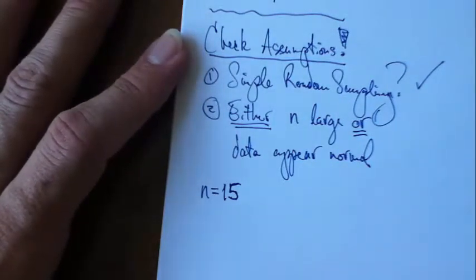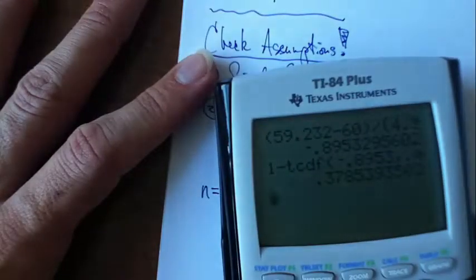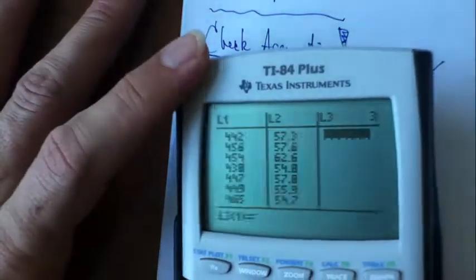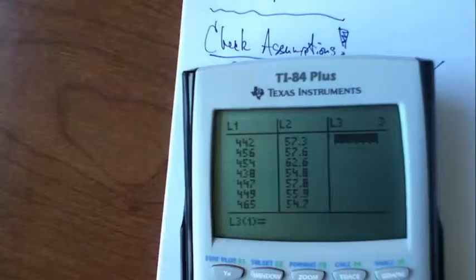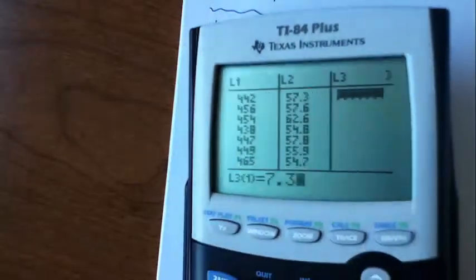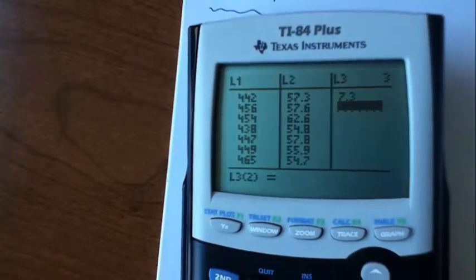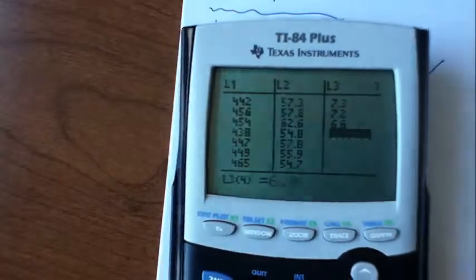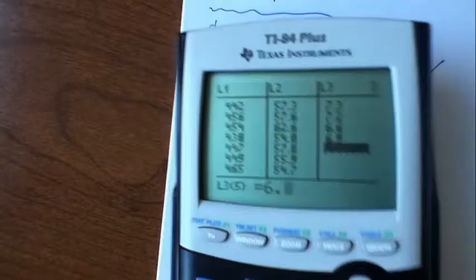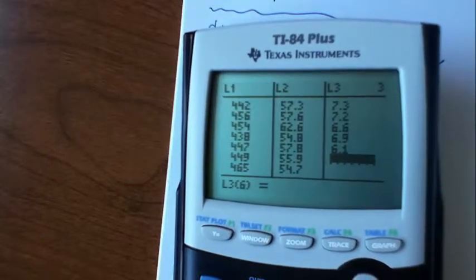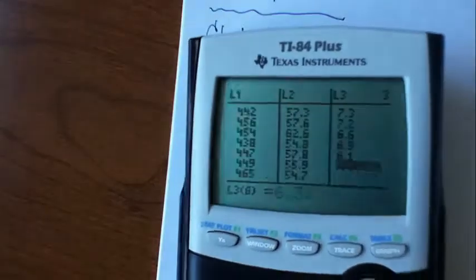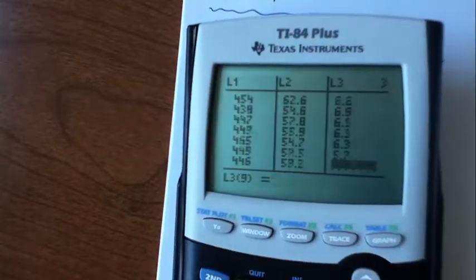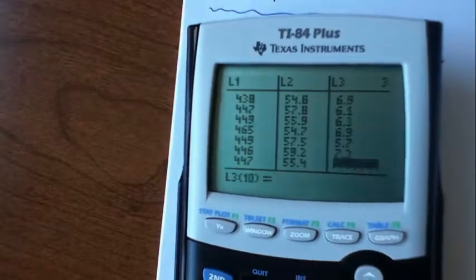I'm going to put my data values into my calculator. Put these into list 3, okay? And you can find those data values on the website, or you can just get them here. 7.3, 7.2, 6.6, 6.9, 6.1. So far, all these are above 6, right? So the average is going to be above 6. Already, I'm sort of suspicious that, well, there's a 5.7, but